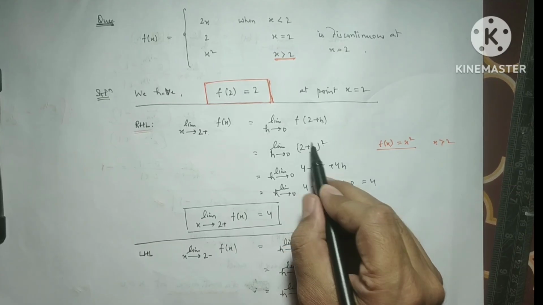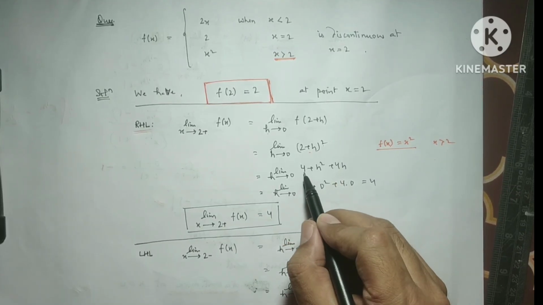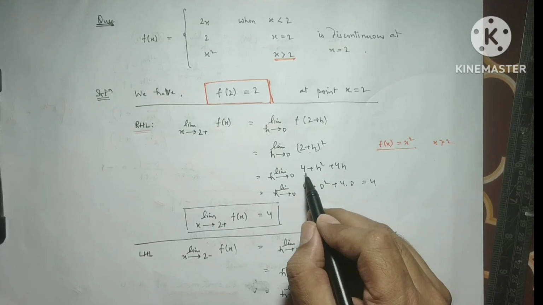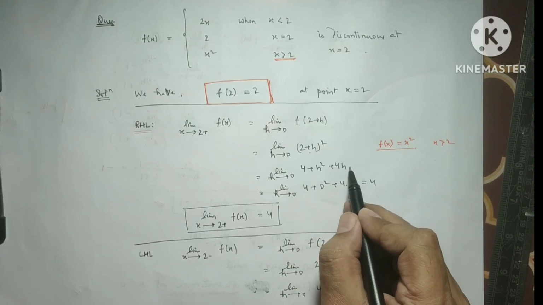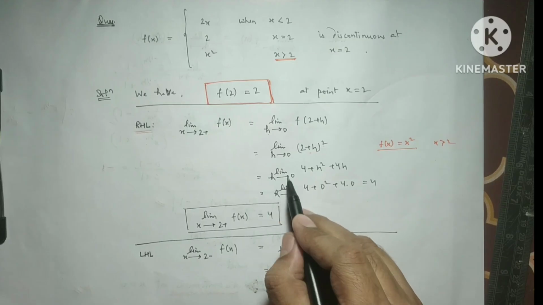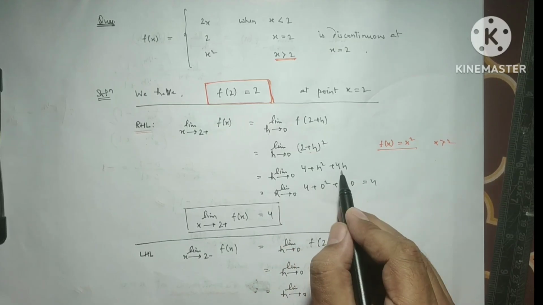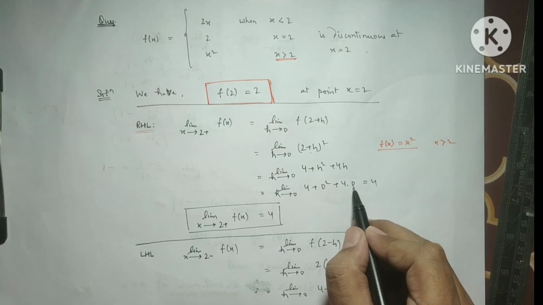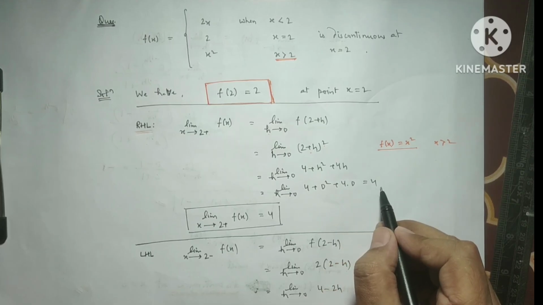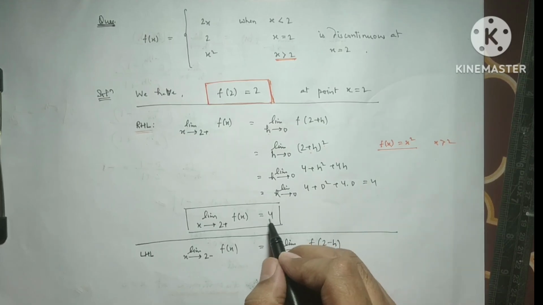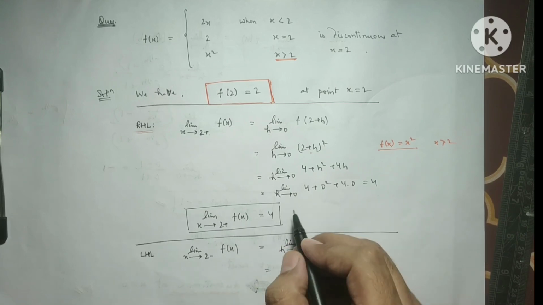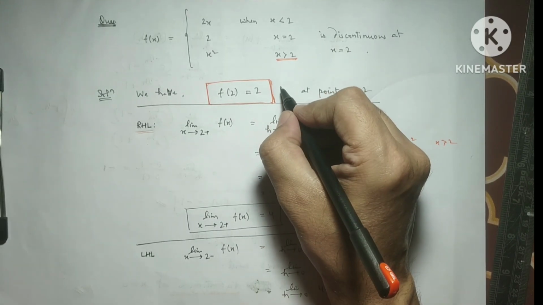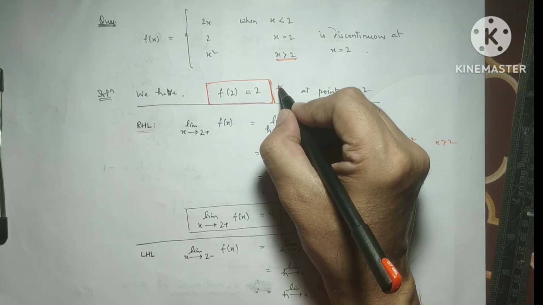And on expanding this formula, we get 2 square plus h square plus twice the product, so 4 plus h square plus 4h. On placing h tends to 0 in this expression, we get 4 plus 0 plus 4 into 0, that is 4. That gives you the value 4. So the right hand limit of the function is 4,